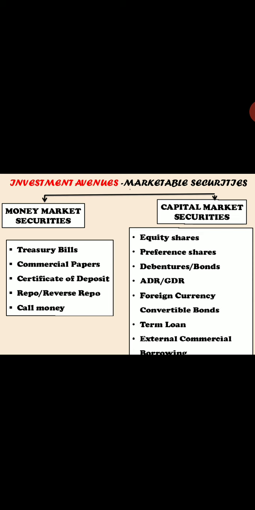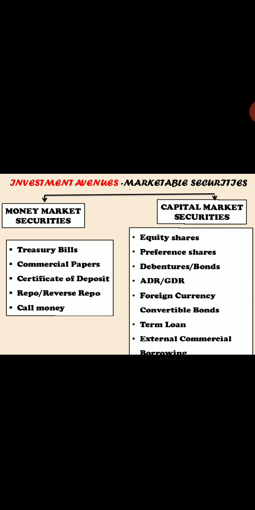Fine. Basically you have three types of T-bills: 91 days, 182 days, and 364 days. So how are these going to work? Basically, the auctions of T-bills, that is treasury bills, are conducted by whom? RBI. And always the T-bills are issued at a discount to the face value, as I told with the example of rupees 100, while the holder gets the face value on maturity. At the time of maturity, he is going to receive the entire amount.